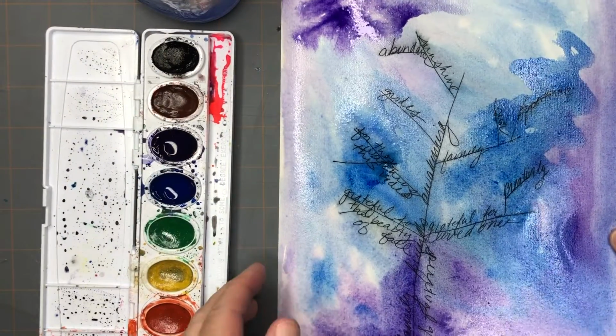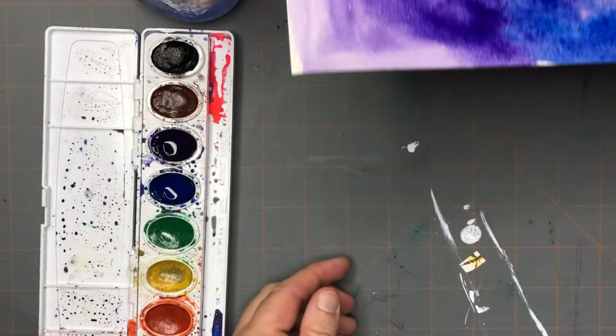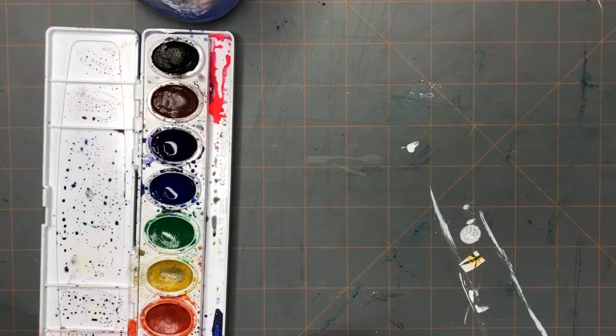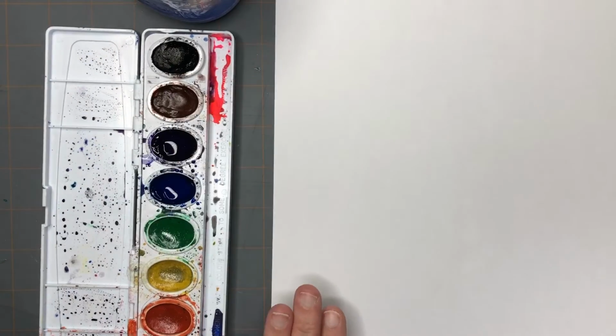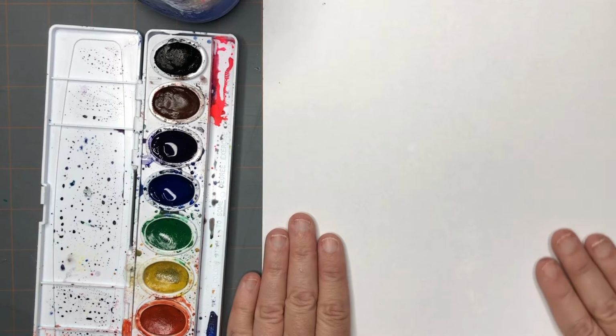Okay, now that I have my watercolor complete, I'm going to move that to the side and let that dry. Now on a dry workspace, so go ahead, make sure your workspace is dry. I am going to write all the things that I want to release or let go of for this new